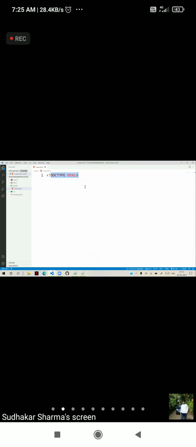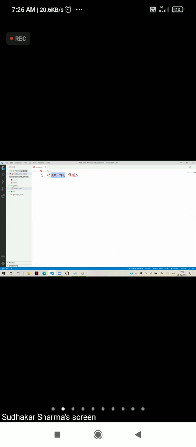So from HTML5, they introduced this declaration type to make the browser understand that we are using HTML version 5. So HTML version 5 is defined by using this doc type HTML. Capitalization doesn't matter. You can use lowercase and uppercase.